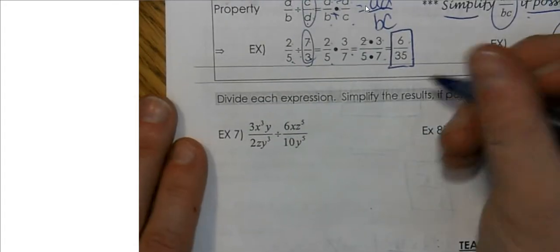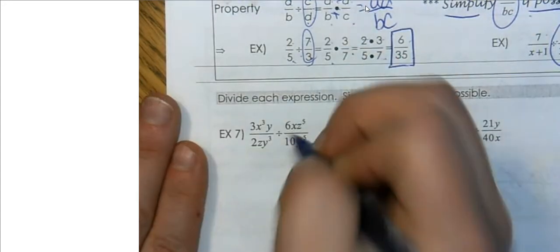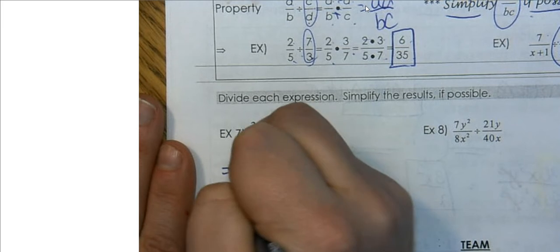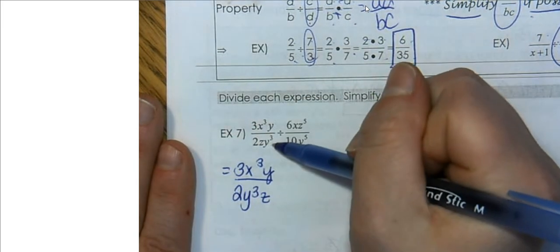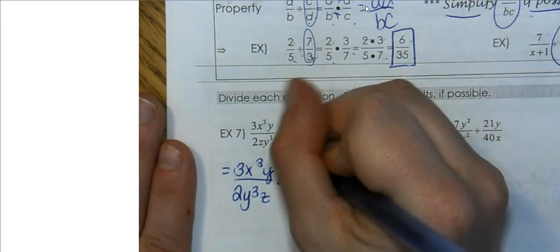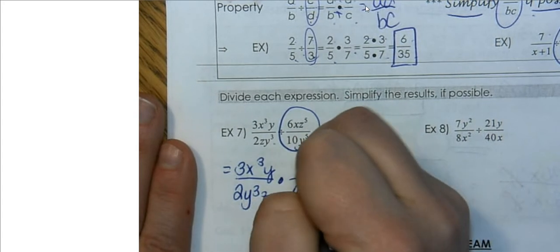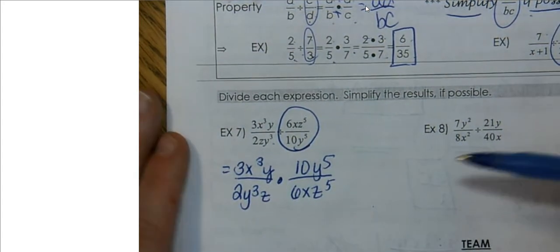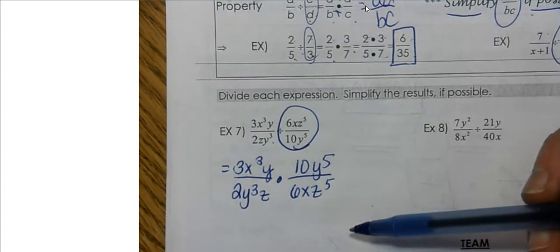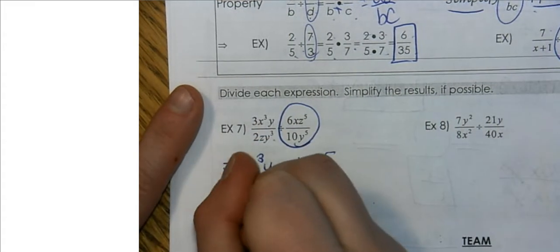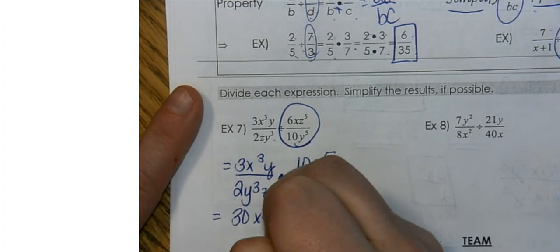So let's go ahead and look at example number 7. In example number 7, I'm going to rewrite my first fraction again. That is 3x to the third power y all over 2. And I'm going to change this to y to the third z so that it's in alphabetical order, times the reciprocal of my second fraction, which is 10y to the fifth over 6xz to the fifth. Now you can use that trick that I showed you guys before where you can rearrange, or you can simply multiply straight across. When I multiply straight across, this is going to become 30x to the third y to the